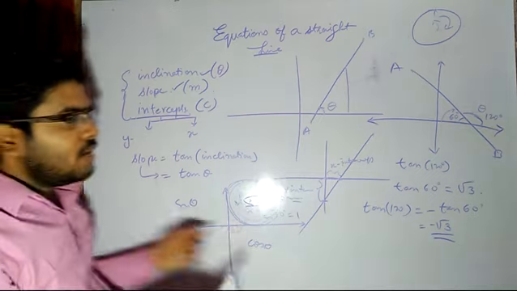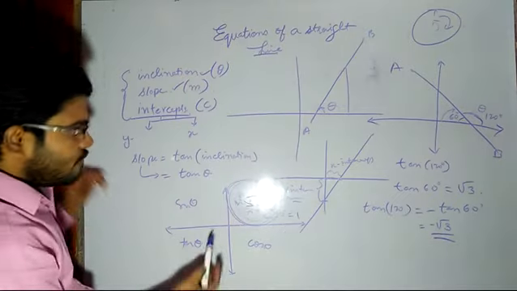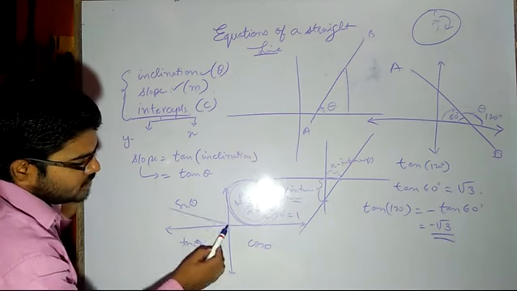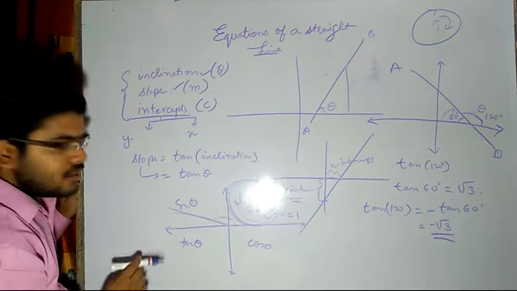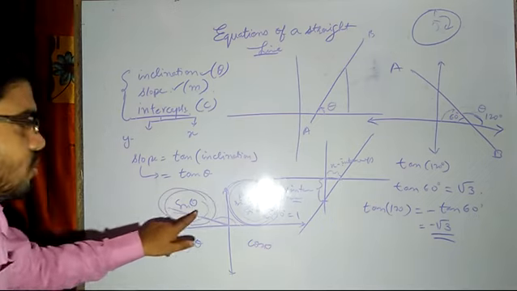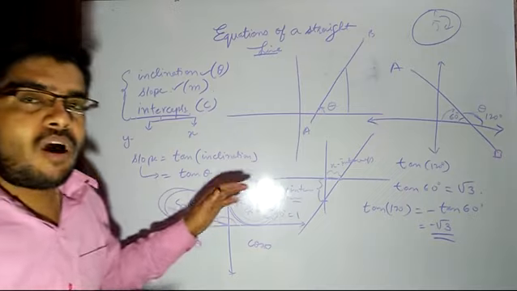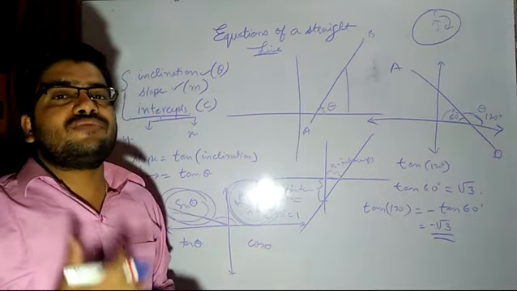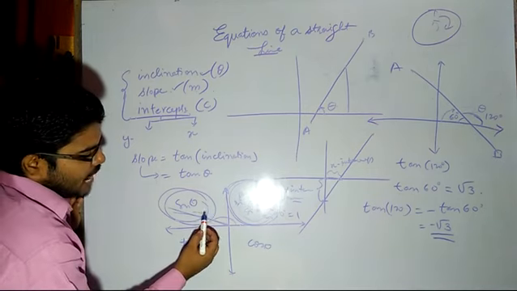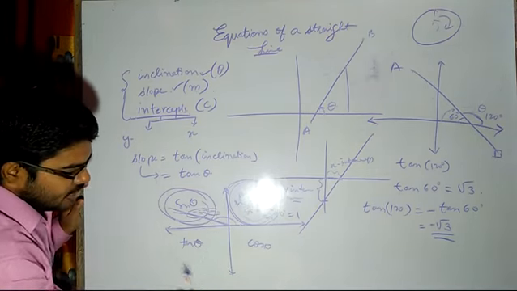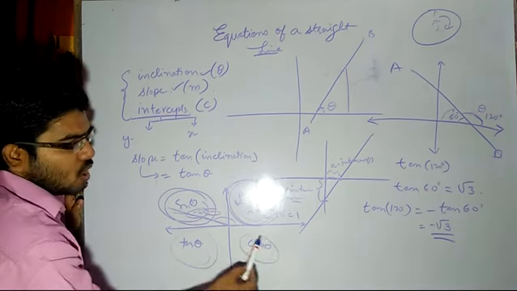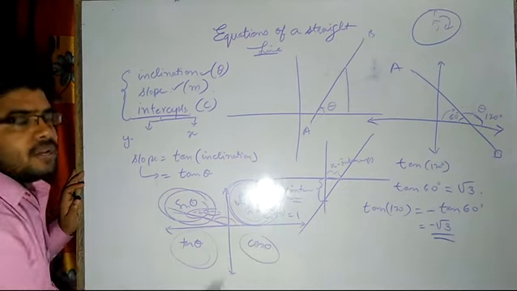If a value like 120 came, obviously this line is of 180, this line is of 90, so 120 will be lying somewhere here. But we know that in this quadrant only the value of sine theta is positive, while all other trigonometric functions will have negative values. So here the tan value will be negative. Here only tan value is positive. Here all other values will be negative. Here similarly cos will be positive, all other values will be negative.